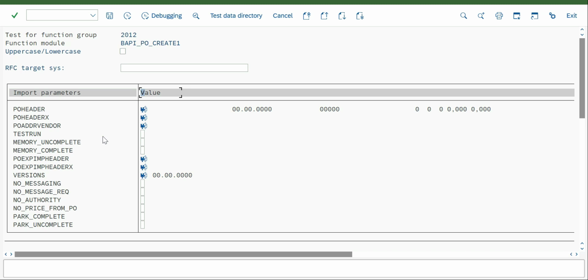So we need to understand how the transaction works. If you don't have data, just open an existing document in the transaction level or in the table level, and try to find the data. Mostly functional people will help to create test data for a BAPI. If not, as a technical person, you have to identify data to create a sales document or purchase order document, especially